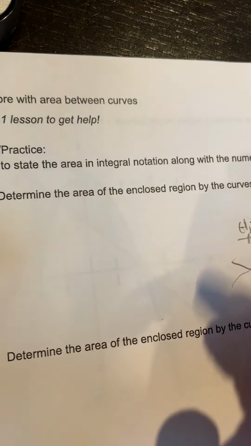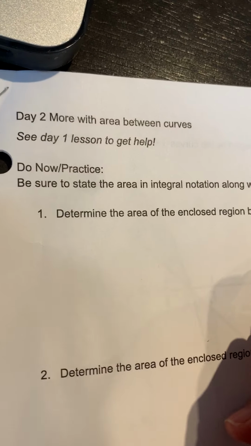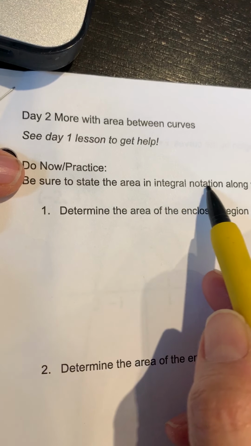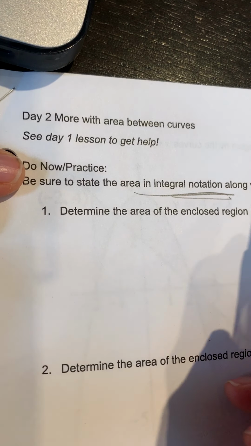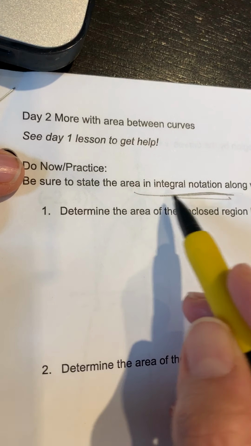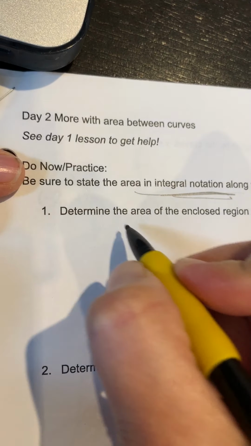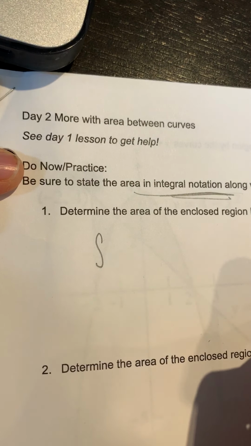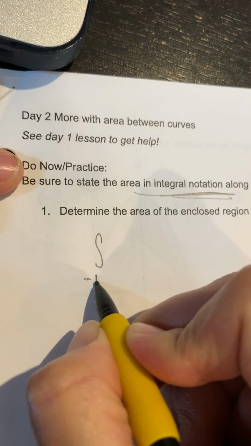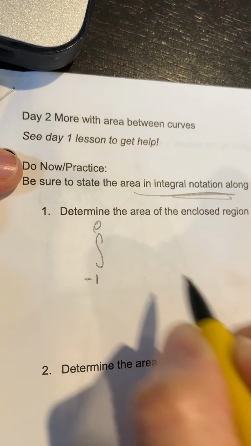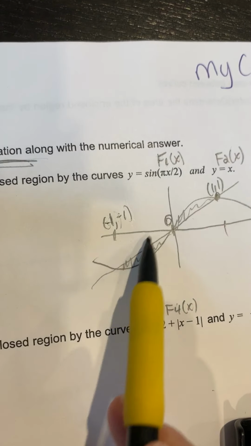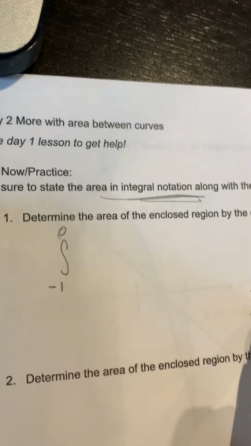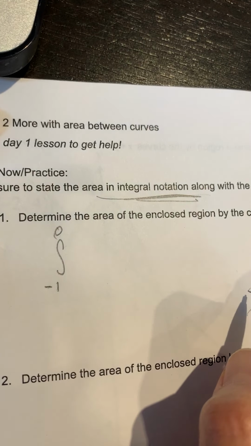So ultimately, it says you got to make sure you write your integral, do it in integral notation, and then a numerical answer. What that means is they just want the integral notation, obviously with all little numbers. So they mean, okay, this is the integral. Hopefully you did this already, from -1 to 0 of, and the top function for this first part is the line, and then the curve is going to be,